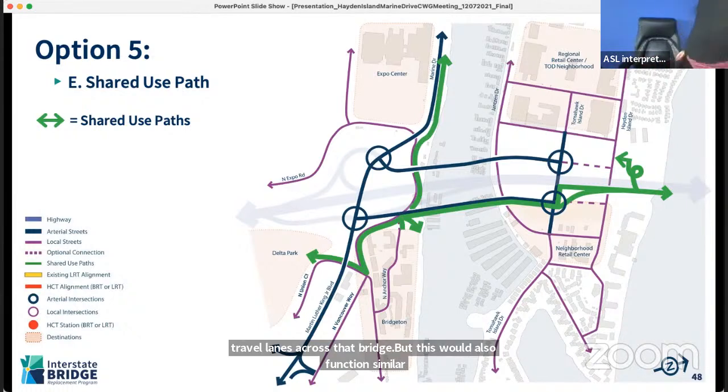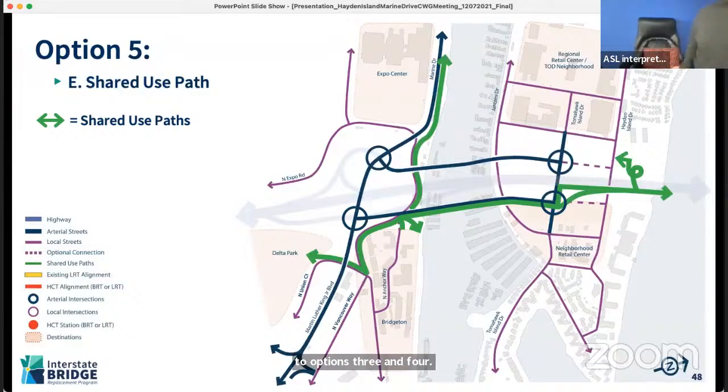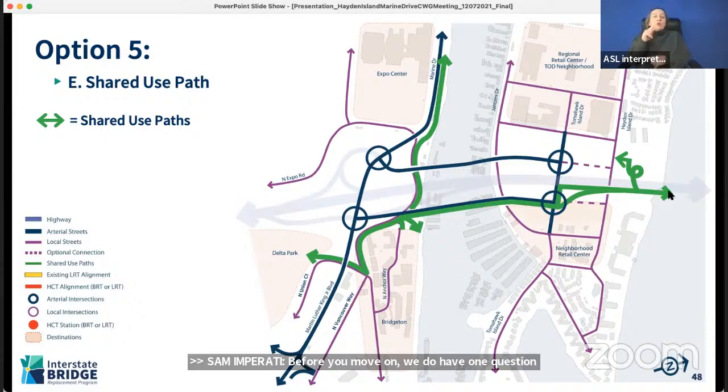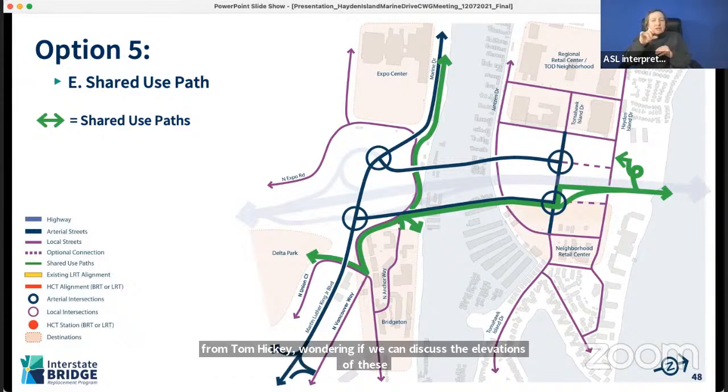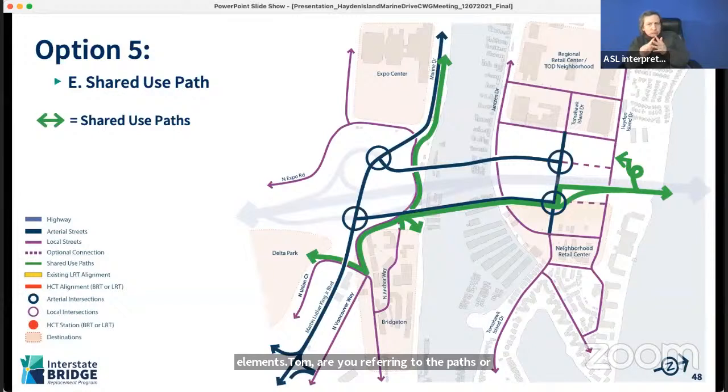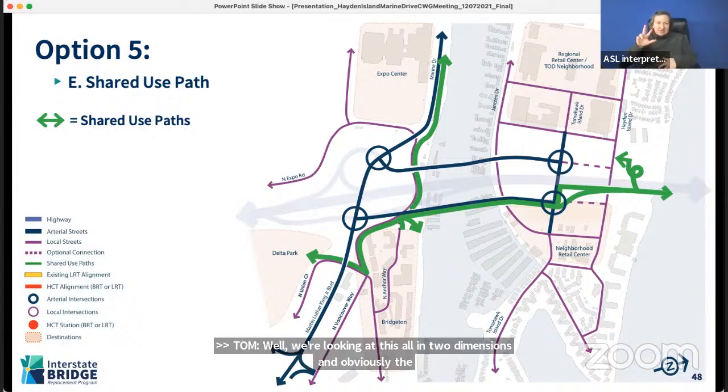All right, before we move on, we do have one question from Tom Hickey, wondering if we can discuss the elevation of these various elements. Tom, were you referring to the paths or all of the elements that we've discussed today? Well, we're looking at this all in 2 dimensions, and obviously the third dimension is critical for understanding this completely. And some things are over the top of other things. I'm thinking